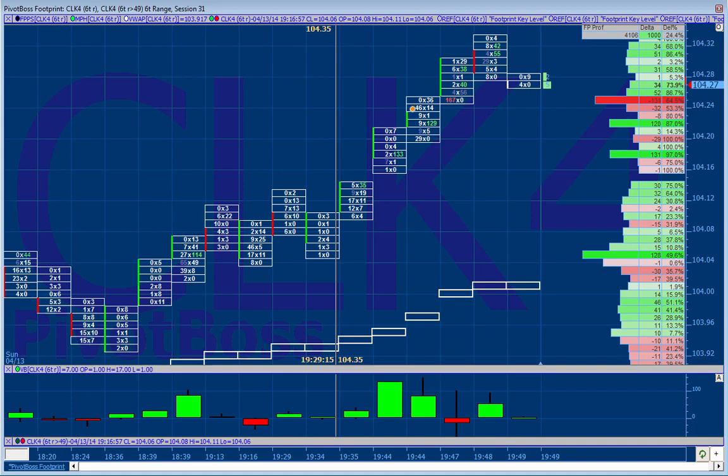Now, when these numbers come through, this is someone that transacted by hitting the bid, trying to get price to go down. That means they sold at the market. Right here, this is a buyer that comes in and lifts the offer, which means they buy on the market at the best offer because they want price to go up. So that's basically what's going on here.